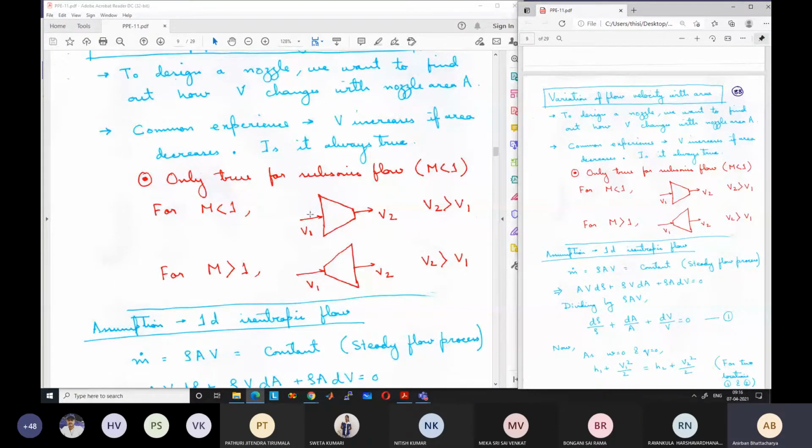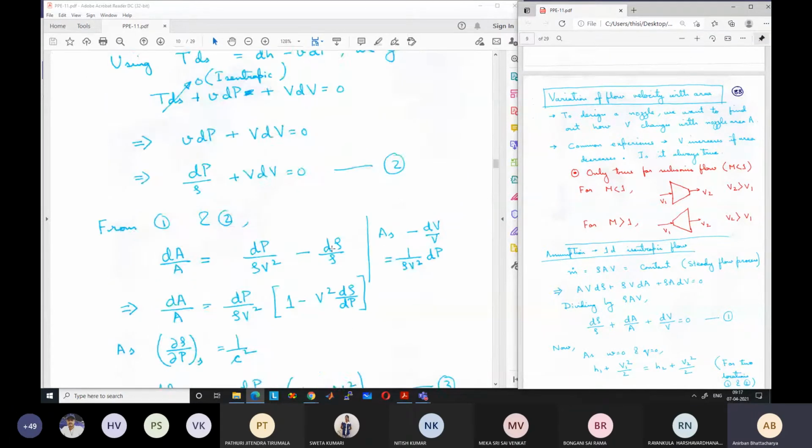What about a diffuser? Diffuser is the opposite device, meaning the area increases. So if dA is positive, dp has to be positive. So in a diffuser, the pressure actually increases. Flow occurs against the pressure gradient, meaning the pressure gradient is in the opposite direction to the flow. So in the diffuser, where the area keeps on increasing, the pressure also keeps on increasing. At the inlet pressure is less, at the outlet pressure is more. Still the flow occurs because there is a certain velocity at which the flow is coming, and that velocity causes the flow to occur opposite to the direction of the pressure gradient. But that is the case in a diffuser.